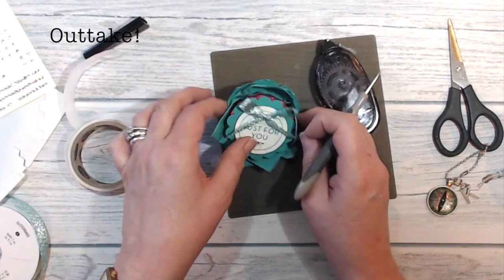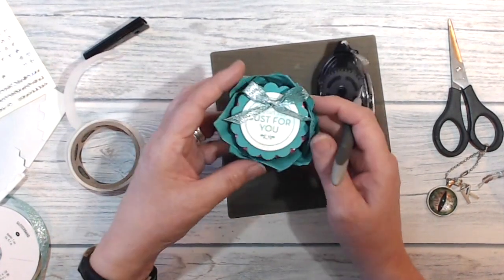Doesn't have to be too firm, because the idea of this is that this is a